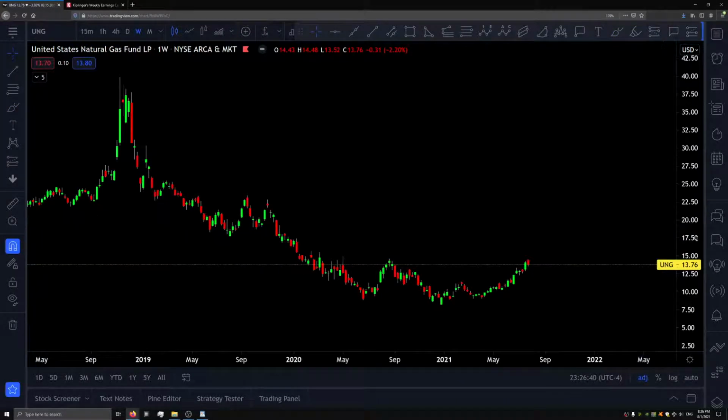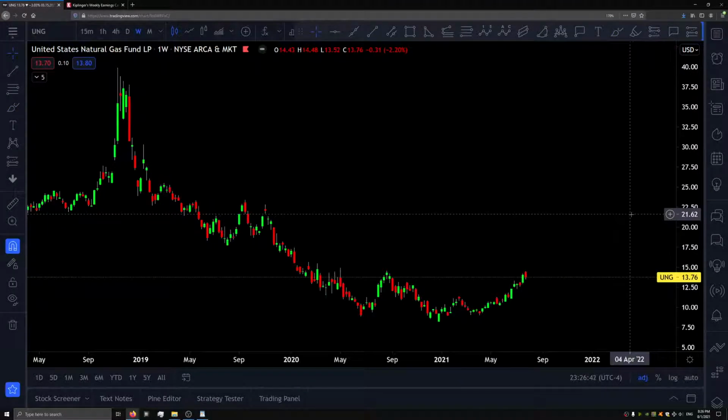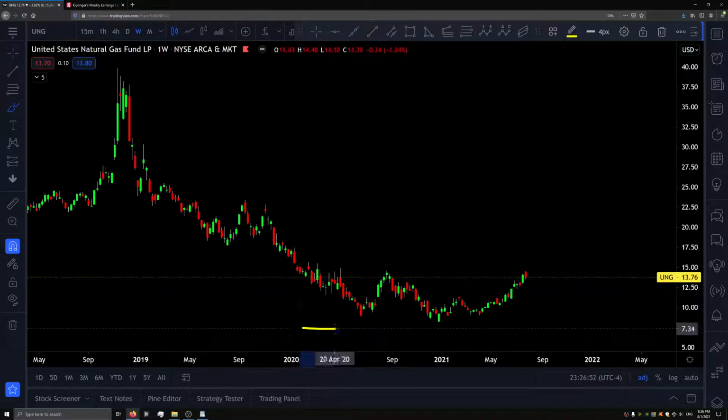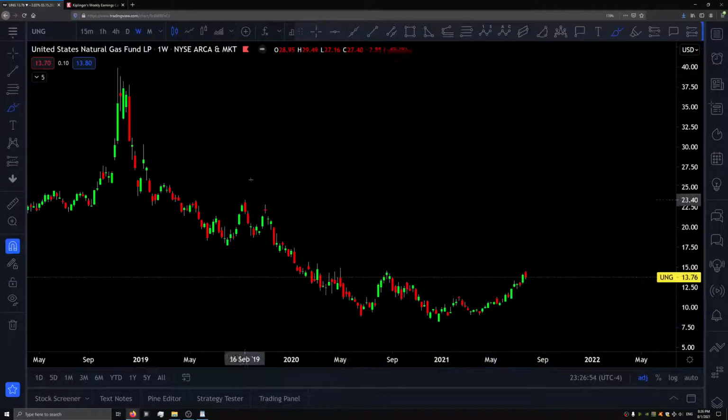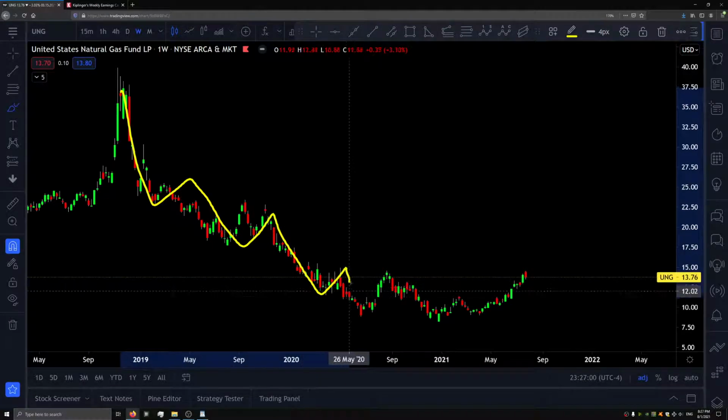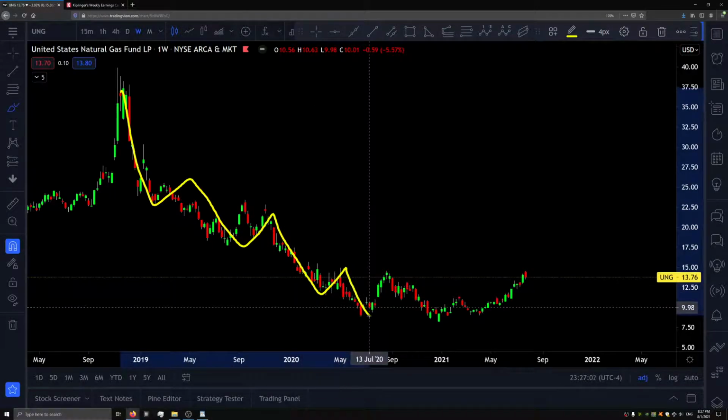Okay? I love seeing this setup. Why? Because there's such a high chance of profitability, much greater than 50% in my opinion once this plays out on a weekly chart. I'm not saying it's going to keep going up, but this bottom is very suspicious because, again, you had textbook ever since 2019 UNG ETF, natural gas ETF, in a confirmed weekly downtrend. But again, it's kind of like gold and silver. What are they trying